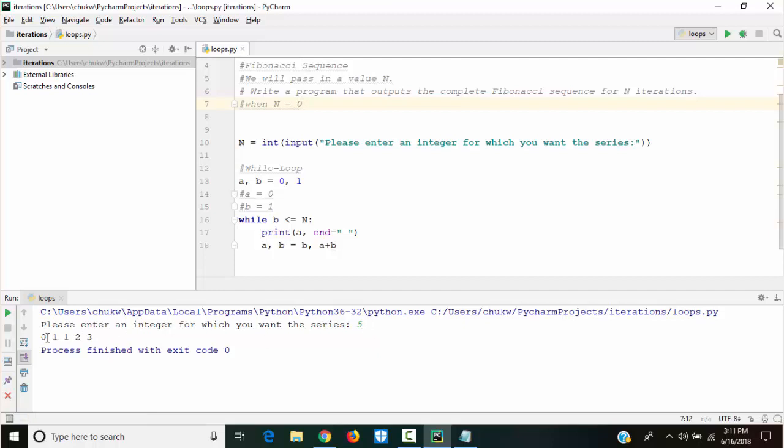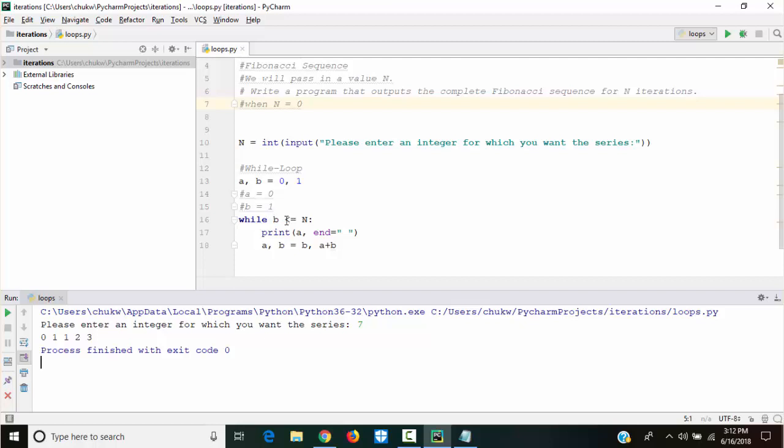But they want this to be at least 6 values. 1, 2, 3, 4, 5. It's only 5 values. And when we had it at 4, it's only 4 values. If we have it at 7, you see it's only 5 values. They want 8 values. This is still the Fibonacci sequence, okay? But the way we wrote it here is